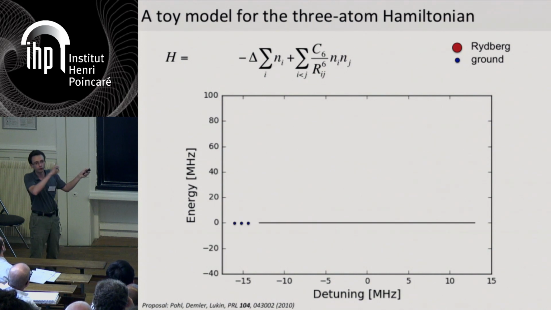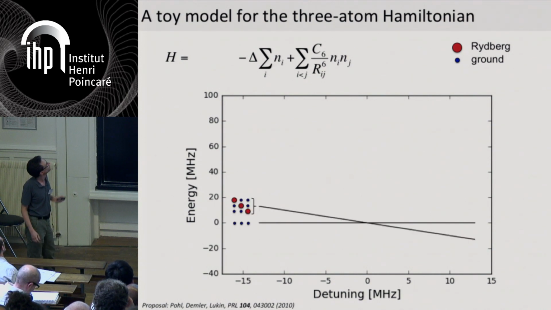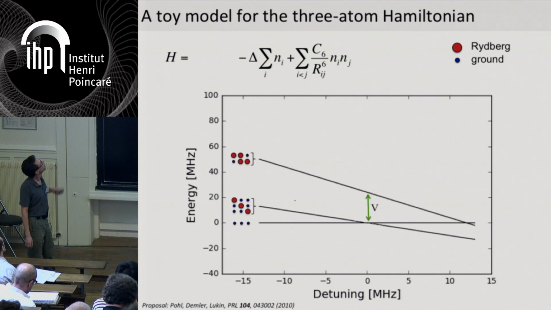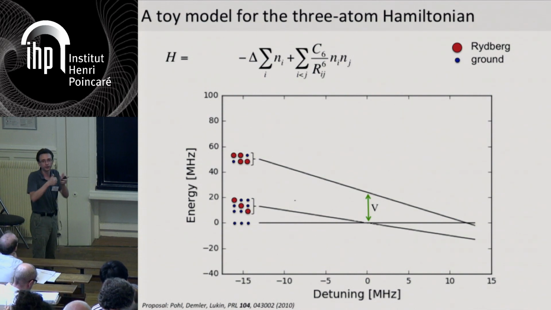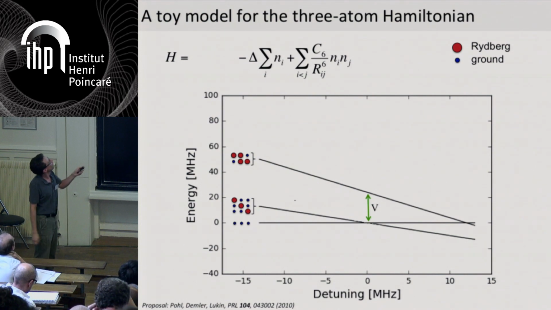So I have first a state where all 3 atoms are in the ground state, which has 0 energy. I can put 1 Rydberg excitation, which gives me a minus delta slope in this Hamiltonian here, and no offset because there's only 1 excitation. I don't have any interaction term. I can put 2 Rydberg excitations next to each other, but this costs a huge price. As we said before, the distance here is such that we're in this blockaded regime, which means this interaction term here is very high. So this gives me a minus 2 delta slope here, and a huge offset V here, which is much larger than any other energy scale of the system.